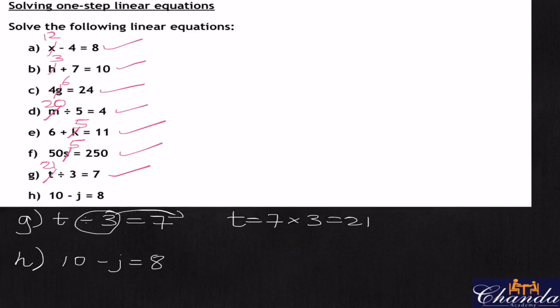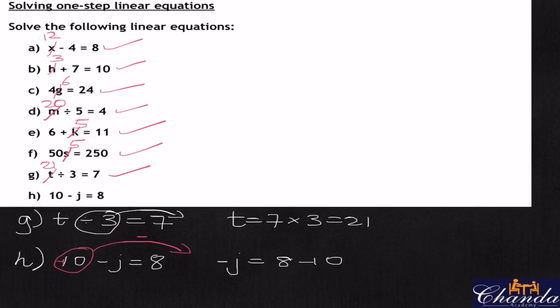Now, part H is actually not a one-step equation, and I just wanted to call it out here to give you an understanding of what a non-one-step equation actually looks like. Okay, so I'll show you why. So let's take the 10, and I hope you at least had a go at this. You take the 10 over to the other side, so again, that becomes a takeaway, because we know that that's a positive 10 there. So this makes it negative j equals 8 minus 10,